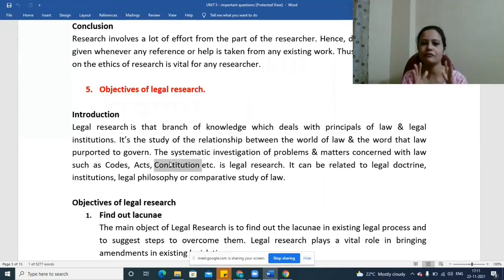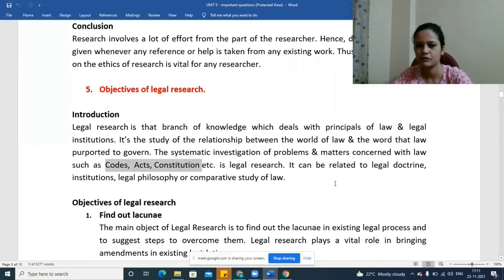When you look at it from the outside, it's very simple. One provision is there. It's already mentioned in the constitution very properly, but then it has such a long history of different cases. So there again, we may take up a legal research. So it may be relating to some codes, acts, or constitution as well. So what is the difference between these three terms?